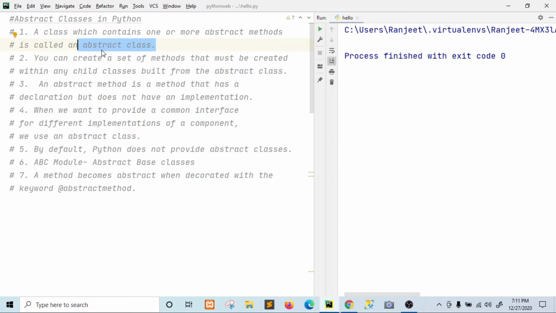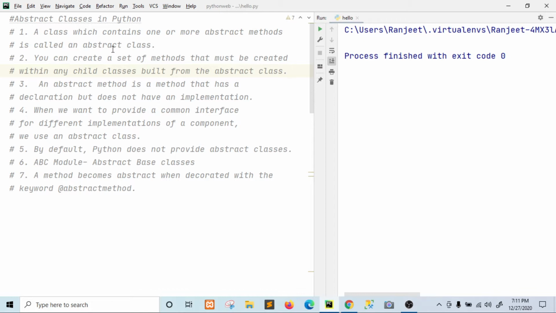You can create a set of methods that must be created within any child class built from the abstract class. That means you will create the methods in the child class that is built on the basis of the abstract class.